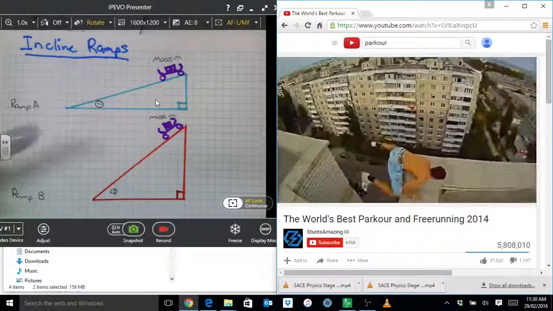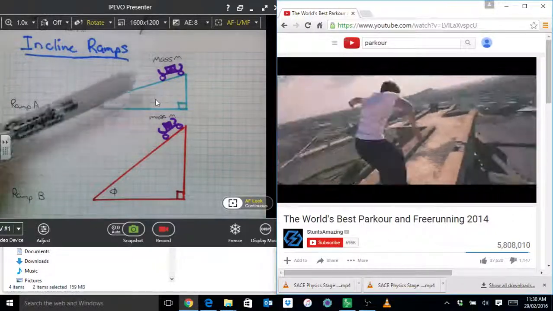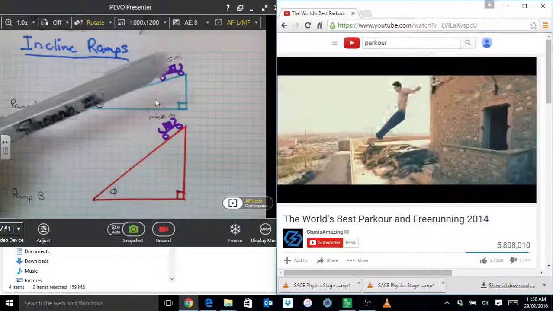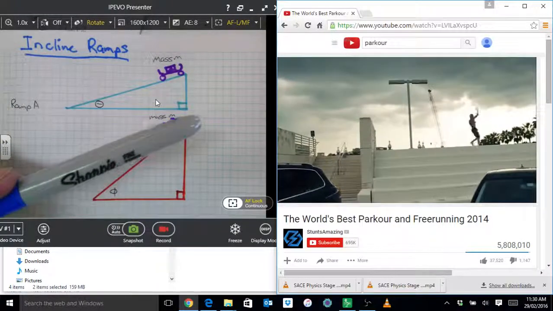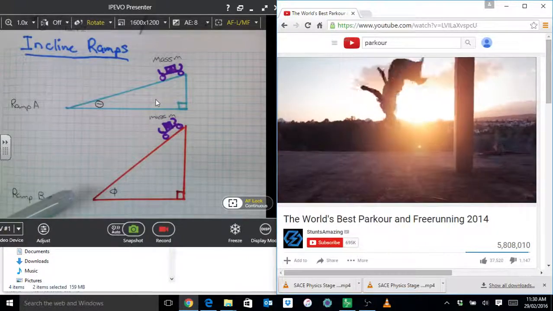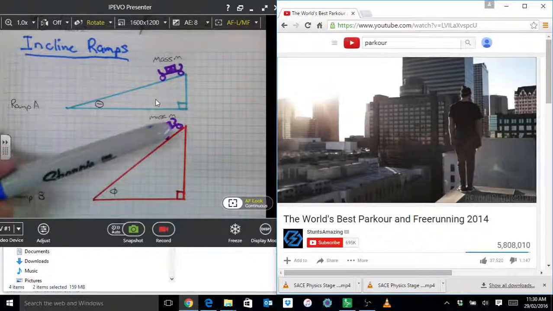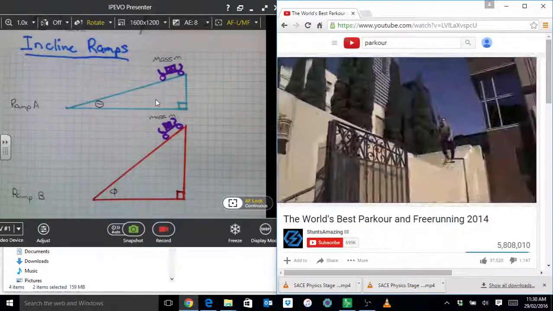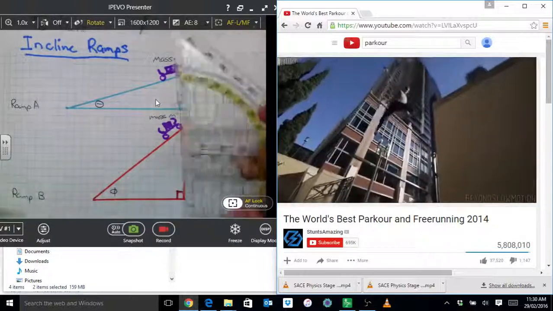I've got two ramps, ramp A and ramp B. As you can see, you've got two carts in purple. They have the same mass m. Now the distance of that and the distance here, they're the same. I did that intentionally, but the angle is larger. So this is a steeper ramp. So I'm going to demonstrate how you can use vector components to demonstrate the difference in the force and thus